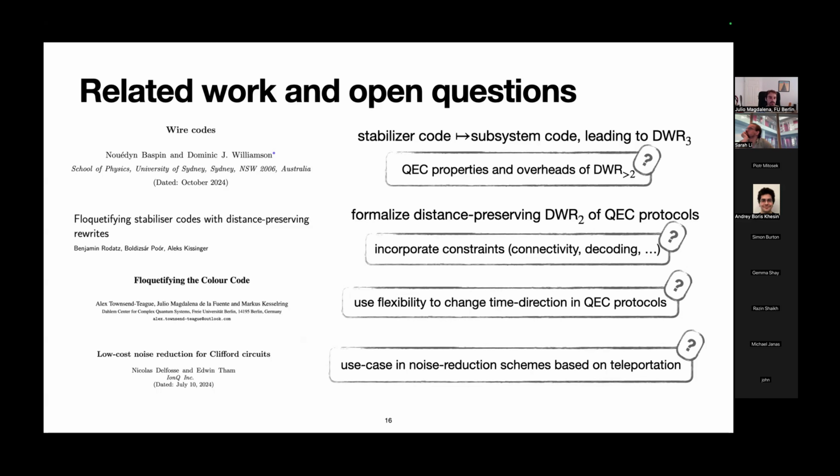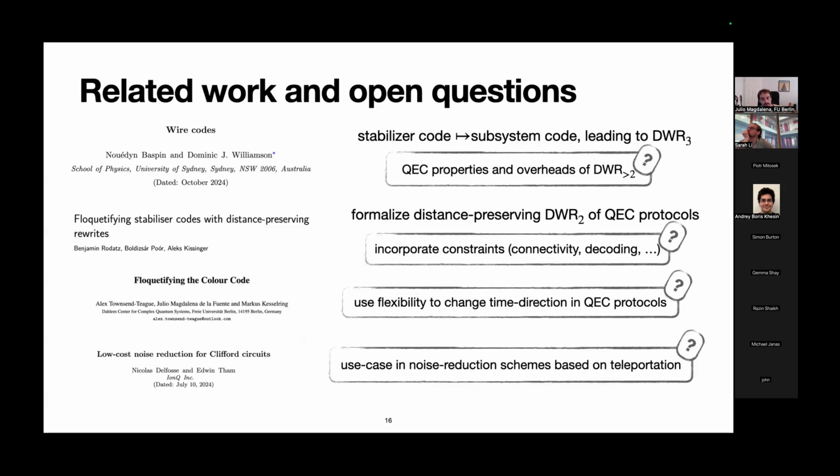So it would be interesting to contrast the constructions and compare overheads, how they differ and what you get out. Then there is the paper from Ben and company that I hinted at